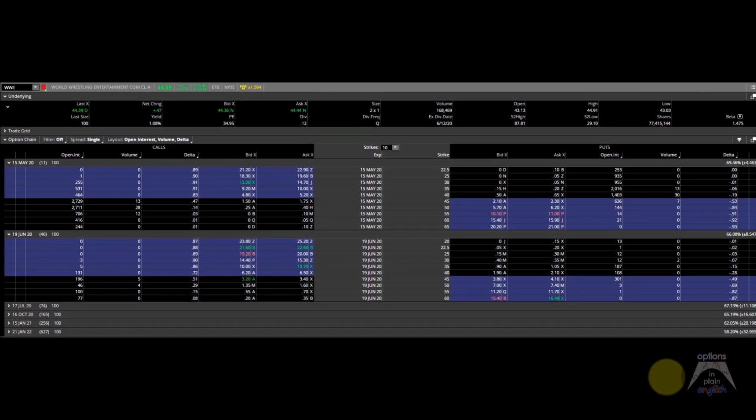Now let's take a look at a different example. In this case, we're going to be taking a look at WWE, which is World Wrestling Entertainment, a very well-known company. And this is a good opportunity to make sure you understand that the fact that a company is well-known doesn't mean that either the underlying is liquid or that its options are liquid. Just because you know the company doesn't mean that it has liquidity at the underlying level or even at the options level. So in this case, we're going to perform a similar analysis to what we did with